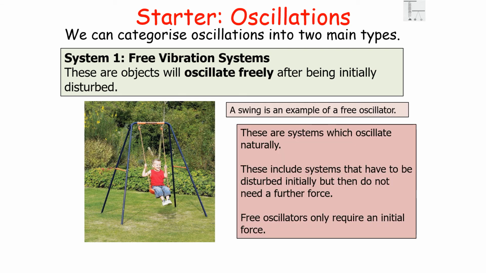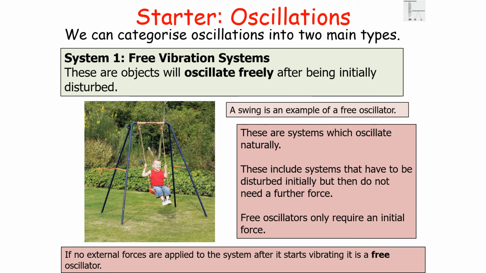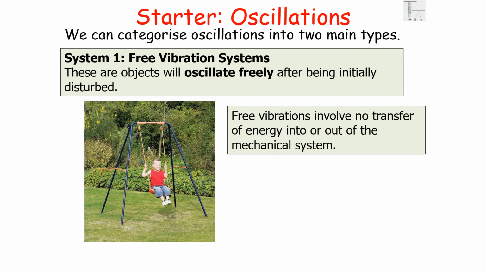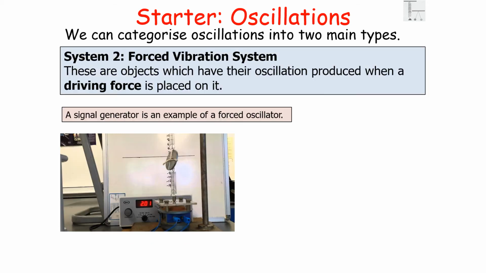So what happens is these systems have to be disturbed initially, but then don't need a further force. So free oscillators only require an initial force. If there are no external forces applied to the system after it starts vibrating, it is a free oscillator. Whilst this tells us that free vibrators involve no transfer of energy into or out of the mechanical system,